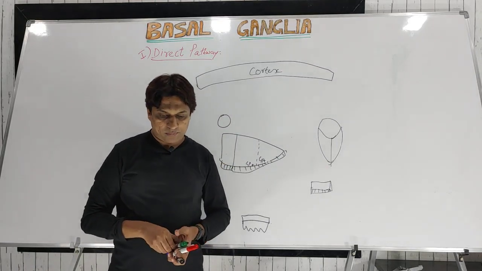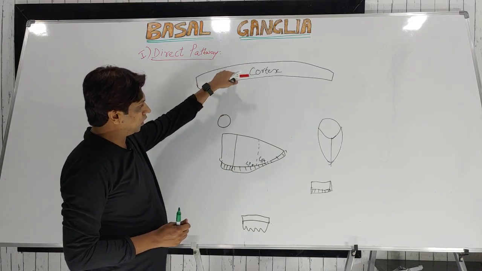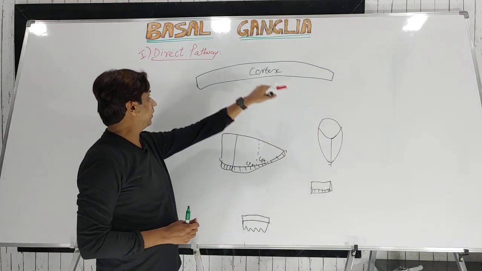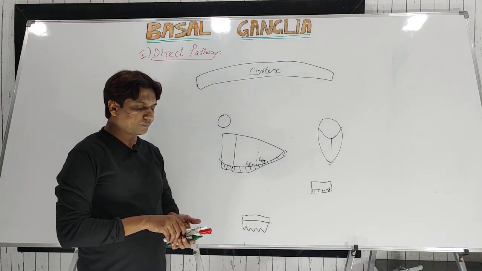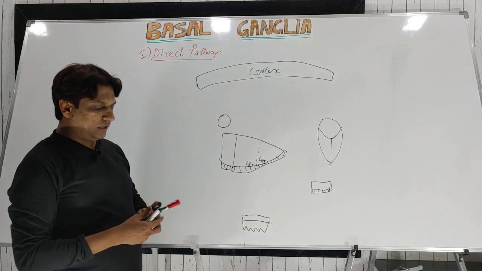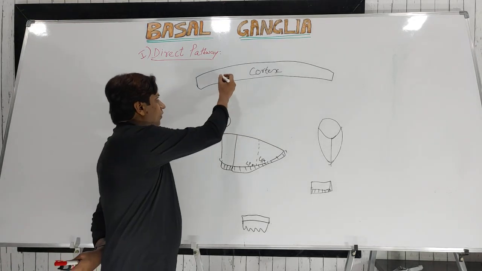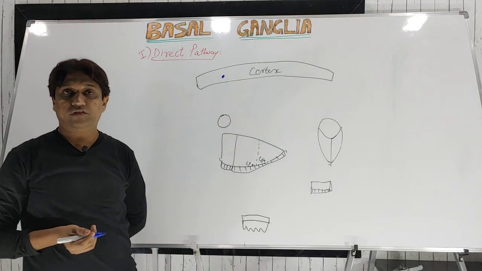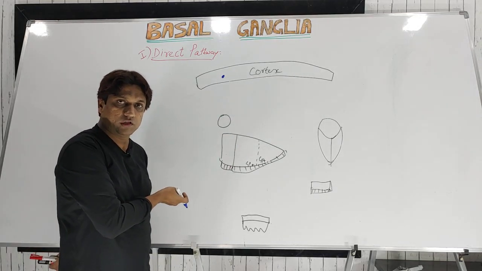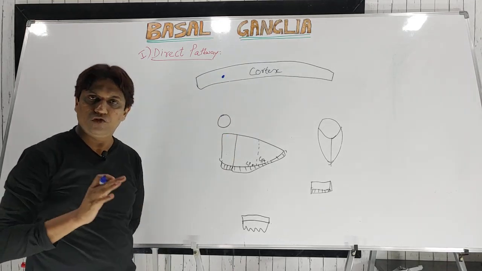So basically, how is the motor cortex or cerebral cortex connected to these parts of the basal ganglia via the direct pathway? Okay, so first, a bundle of nerve fibers, or a pathway, starts from the cortex and terminates in the striatum. Now what is the striatum? We have already discussed it a few minutes back. The striatum means the caudate nucleus and putamen, that is the neostriatum.